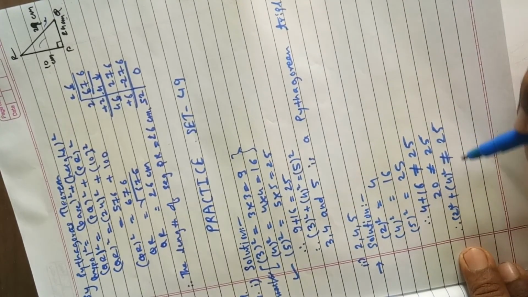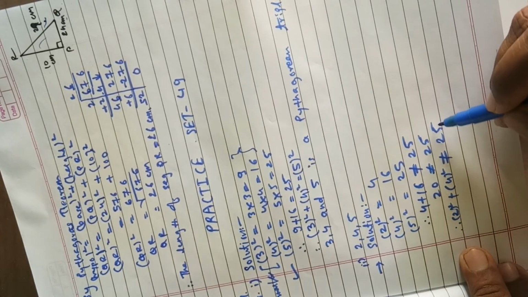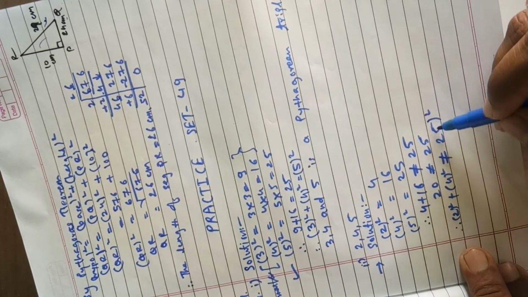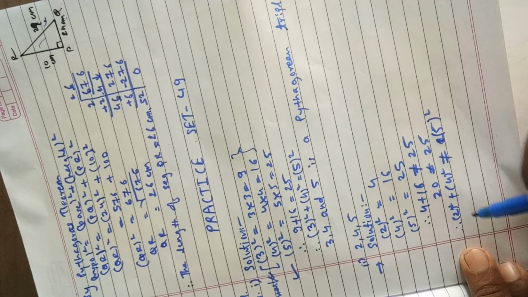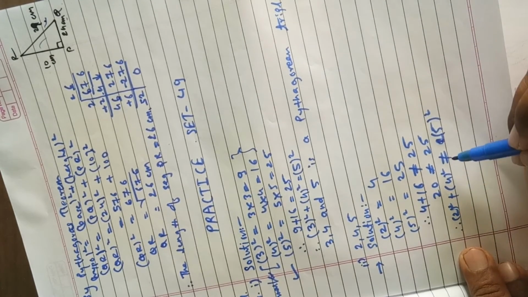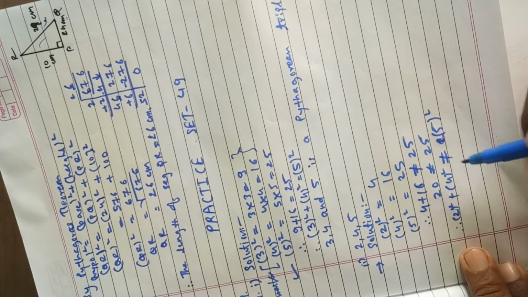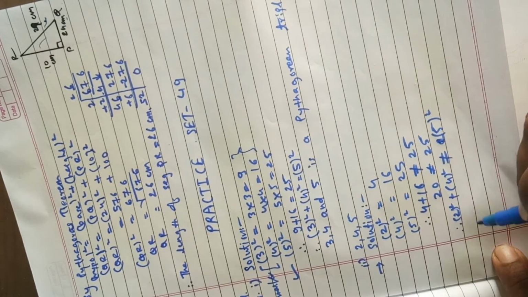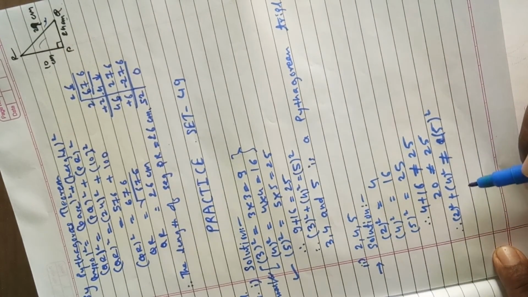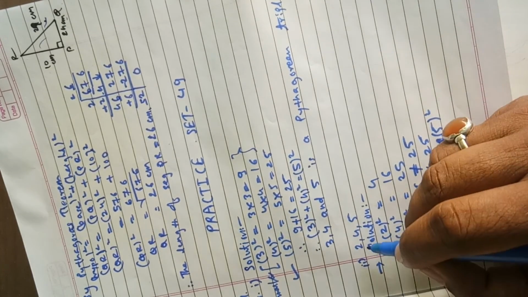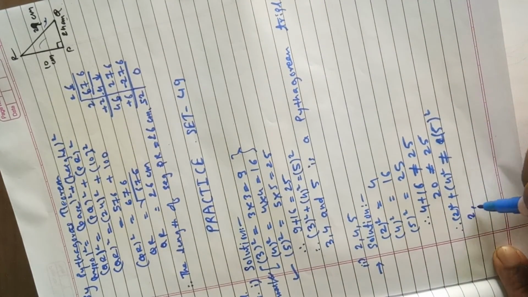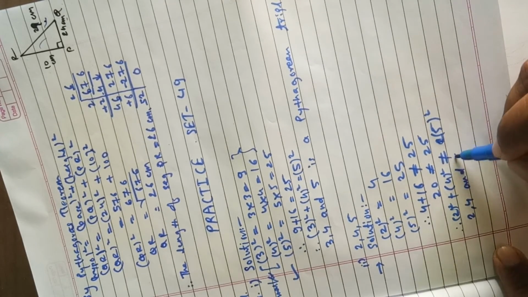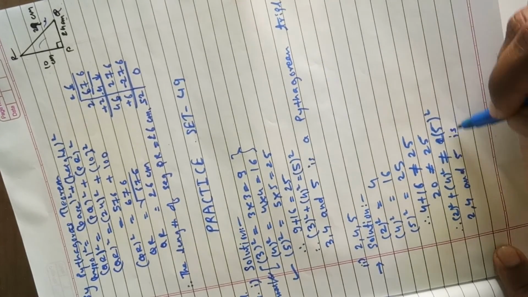Since this is not equal to 25, this is not equal to 5 square. 2 square plus 4 square is not equal to 5 square, because 20 is not equal to 25. So at last we write here 2, 4 and 5 is not